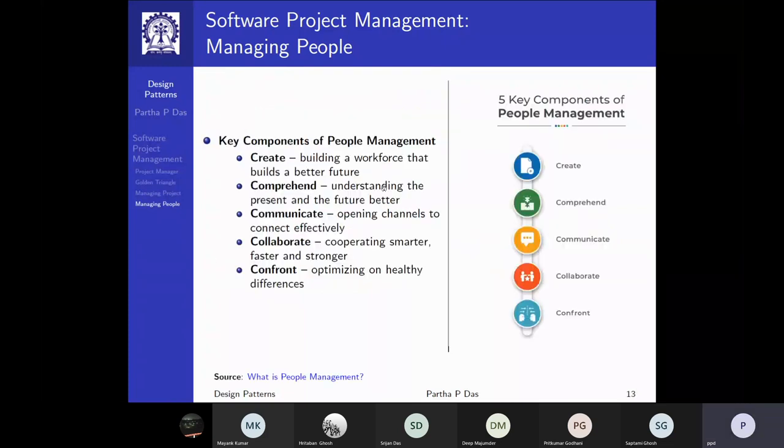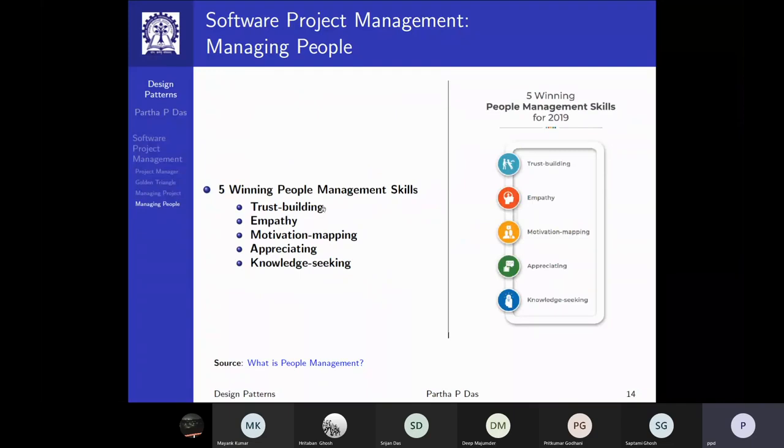There are certain key components of people management. I've just listed them; I'll not go through these. These are the traits of a project manager in people management skills. You must build a lot of trust with the employees. Employees must be able to trust you, and you must trust the employee.